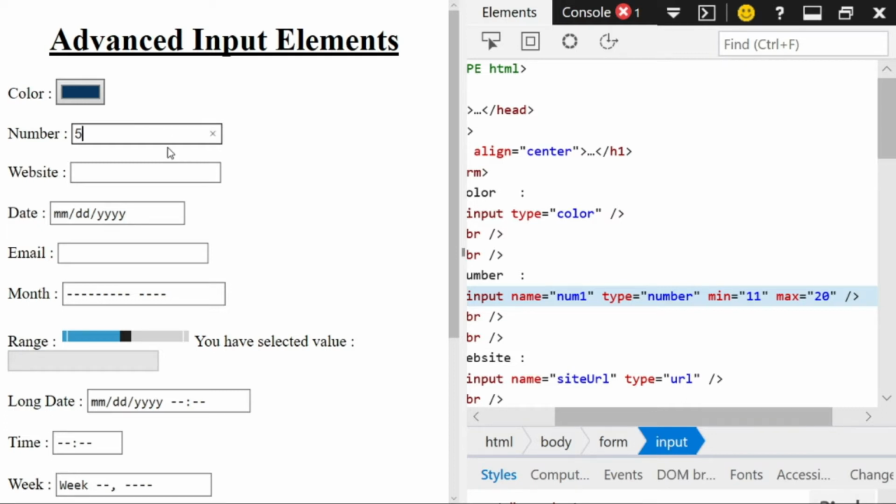So there is a check there itself, and if I enter a value which is greater than 20, again the same message is prompted to me. But if I enter a value between 11 and 20, then I am not prompted with any message.